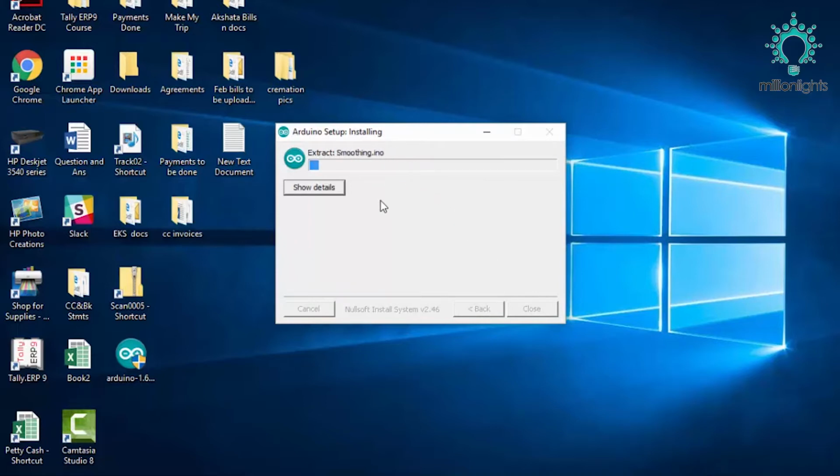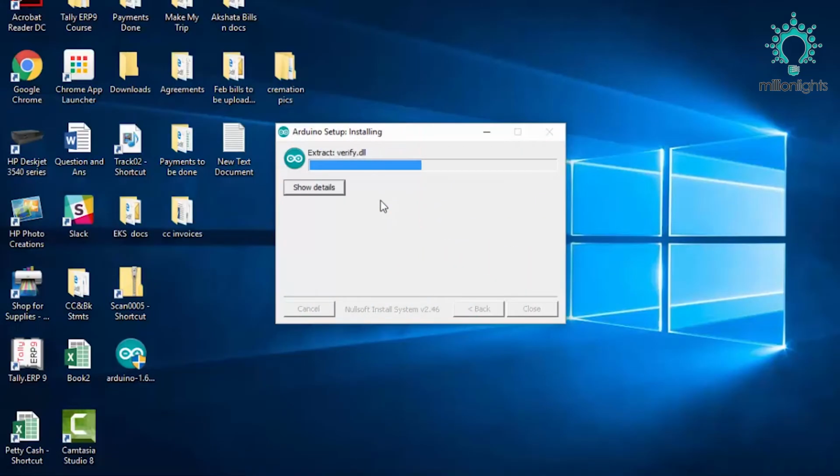This software will require approximately 388 MB of space, so you can take that into account. We can see that a lot of files are being extracted, so this requires about 3 to 5 minutes. We have to wait till that. As discussed earlier, the software is a simple software which has everything inbuilt or internally available, so that makes our work very easy.